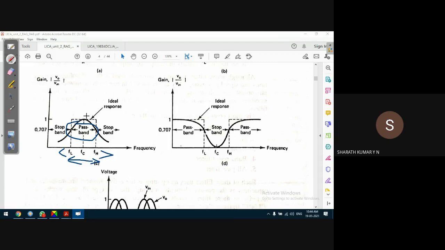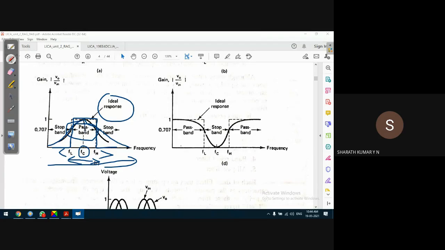Okay, so there is what is known as a center frequency. What is this center frequency? Ideally, just like other filters, it should have been like this. In an ideal world something like this should have happened, but it is not possible. What happens to the gain is, as the frequency increases, the gain gradually increases, reaches some peak point, and then starts decreasing.